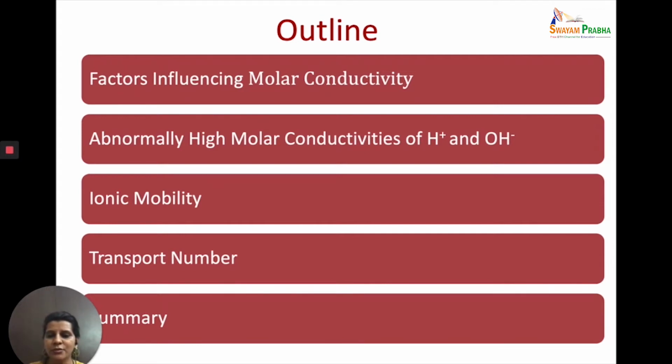Now let's continue with the theme of conductance. Today we will look at the factors which influence molar conductivity. Then we will look at why we have high molar conductivities of H+ and OH- ions and its explanation. Then we will take a look at ionic mobility and its relationship with ionic speed, followed by a look at the transport number. So continuing with the class,